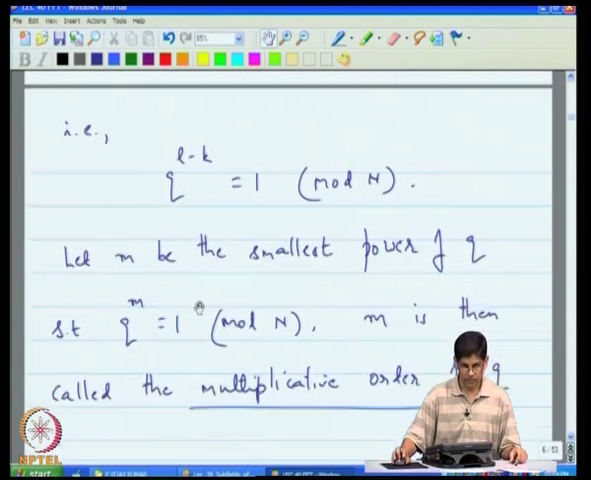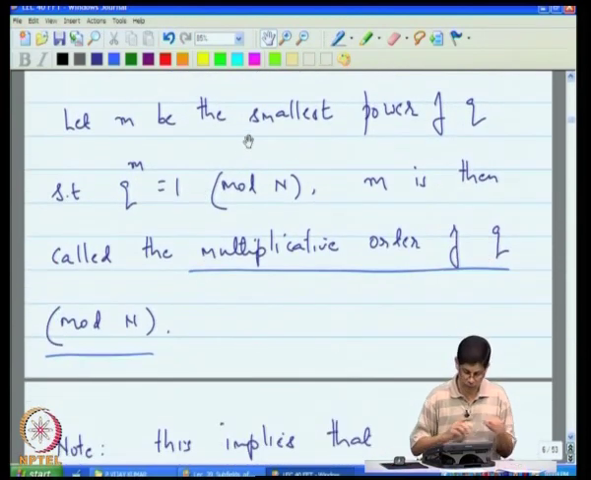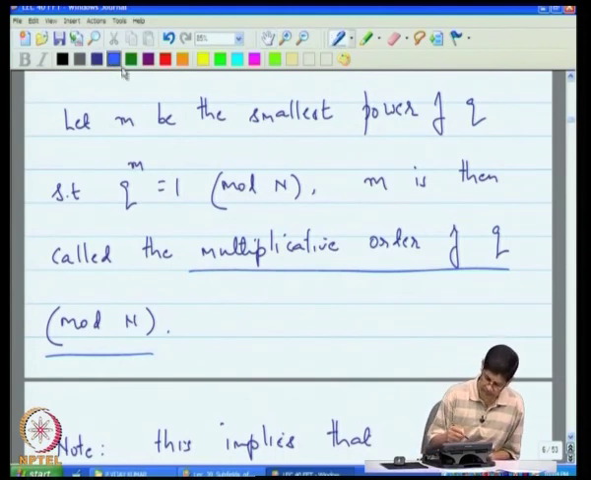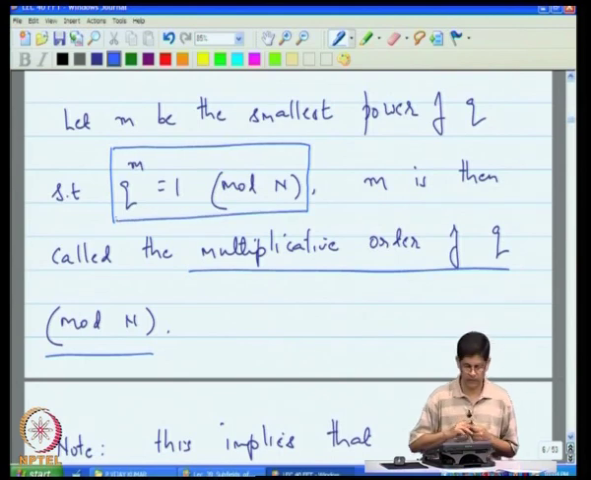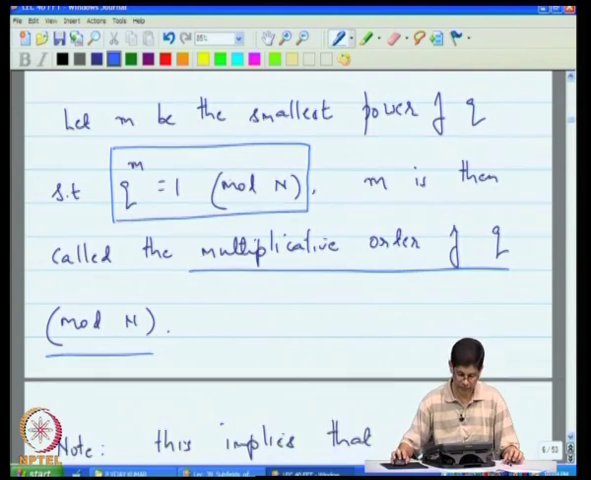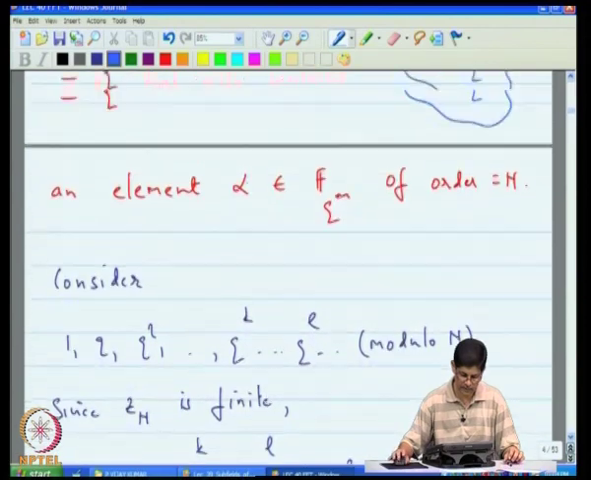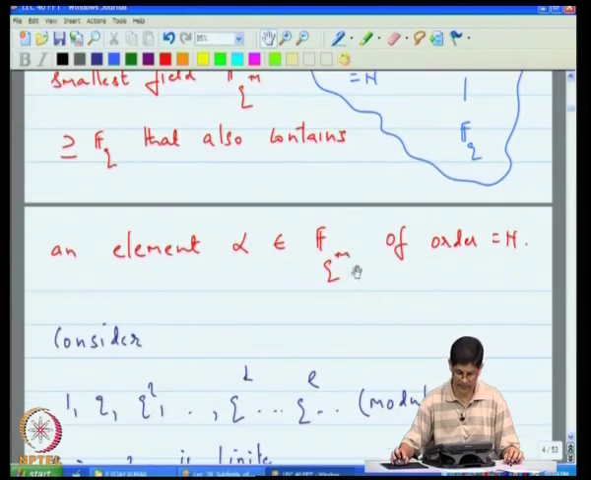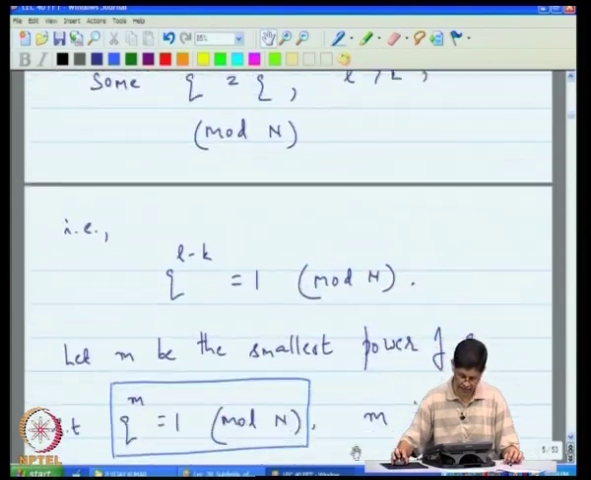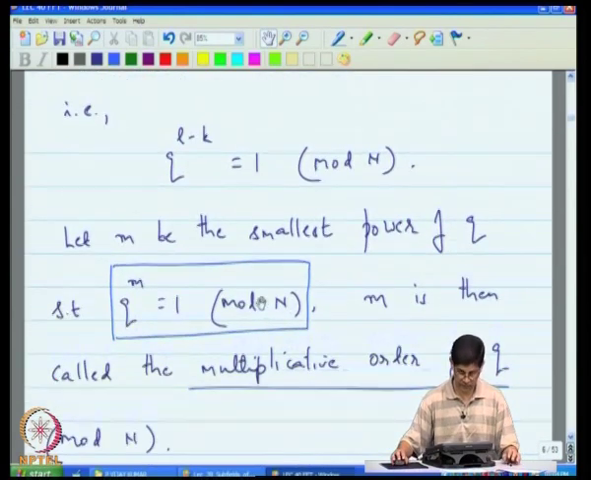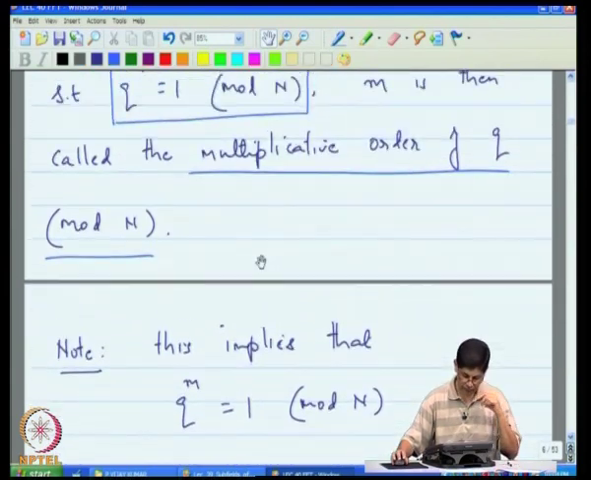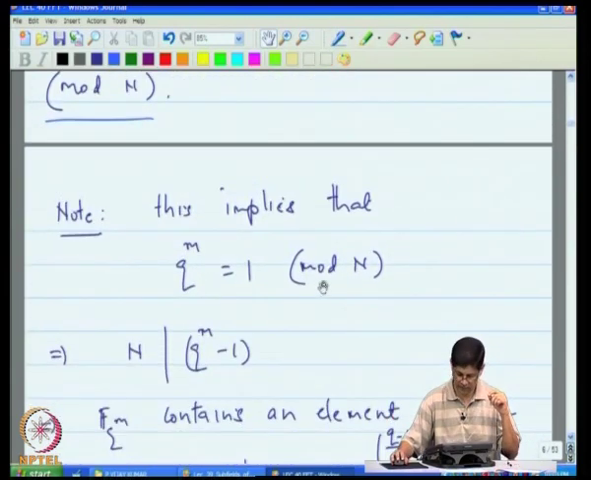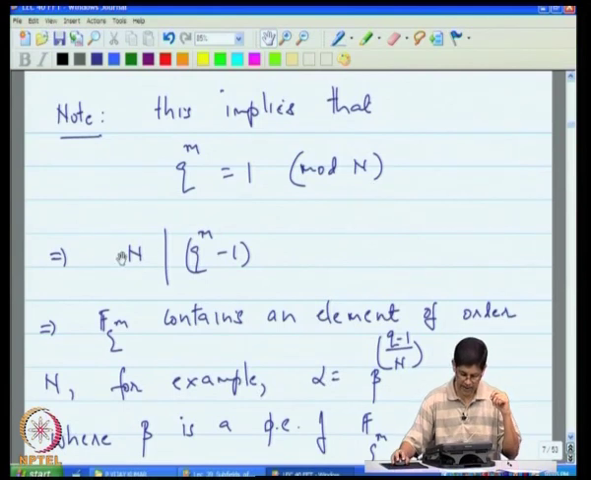Why would you keep doing this? The reason is the focus is on this equation over here. This equation is key, because what you really are going to do is exploit this equation. Remember, our hunt is for this element alpha whose multiplicative order is n. That is what we are actually hunting for, and what we have here is this expression. But this expression is telling us that n divides q to the m minus 1, and that is